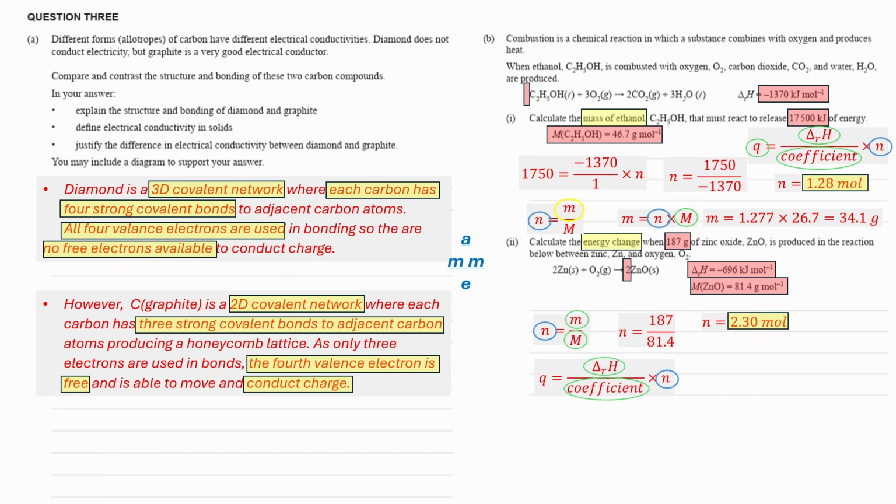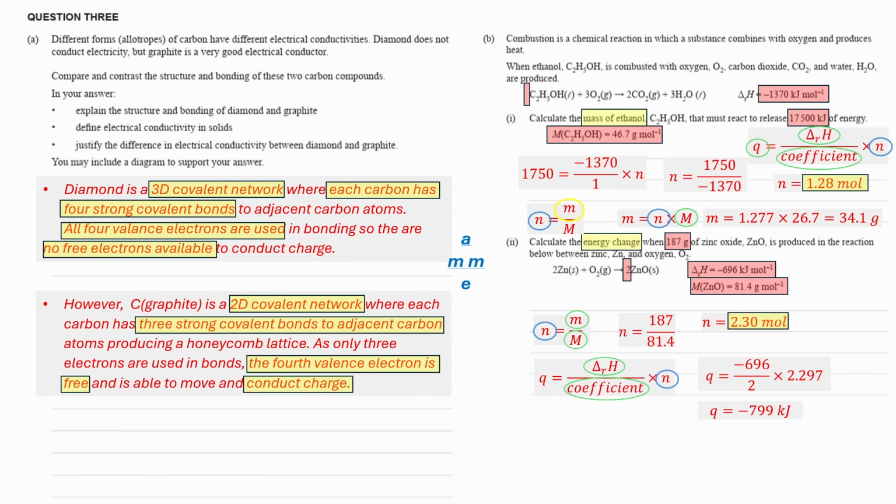And it's negative, so we just substitute these three values in, and we get Q equals negative 696 divided by 2 times 2.297. Interestingly, it doesn't matter whether you do the multiplication first and division second, or the division first and the multiplication second, they still come out the same in your calculator, and the answer you get is negative 799